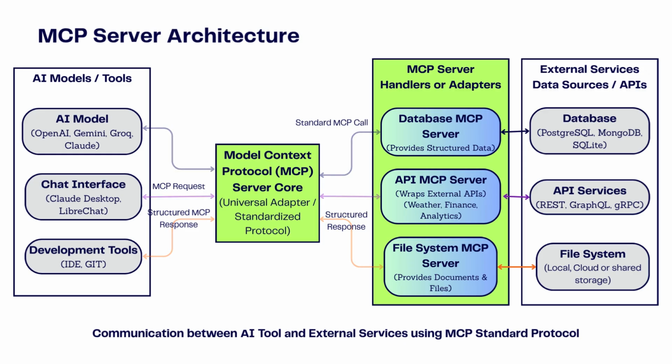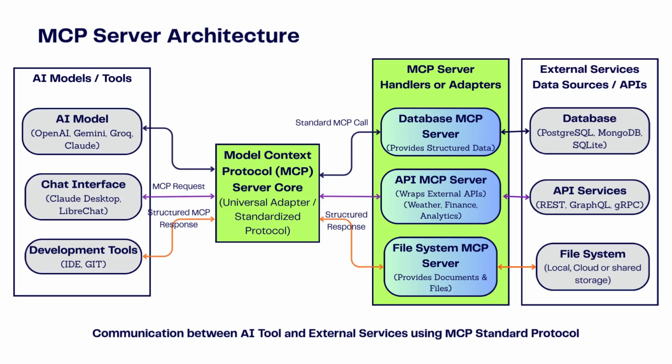Next, we have the handlers, also called adapters. Each handler is responsible for a particular type of request. For instance, one handler might fetch records from a database, another might send an API call to a service, and another might run a custom computation. They translate high-level model requests into actionable logic, bridging the gap between what the model asks for and how it's executed in the real world.